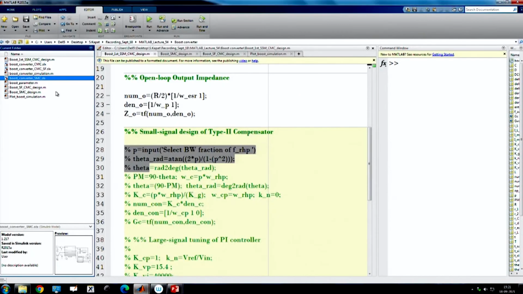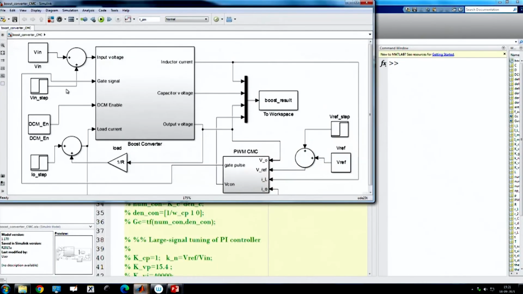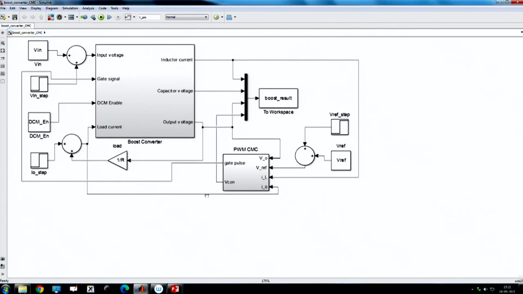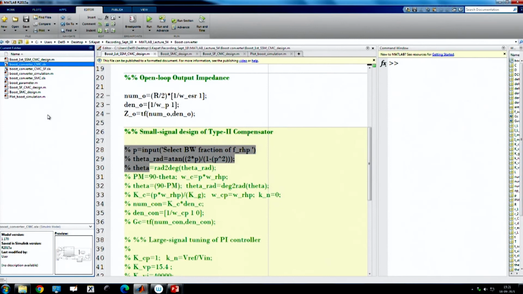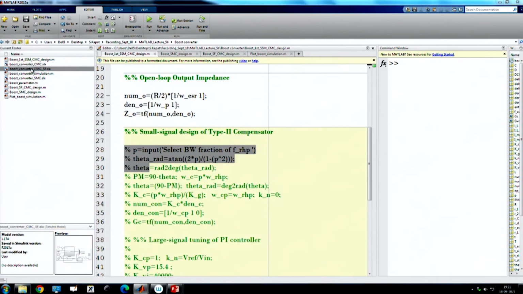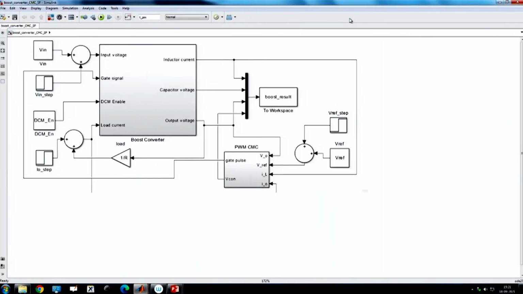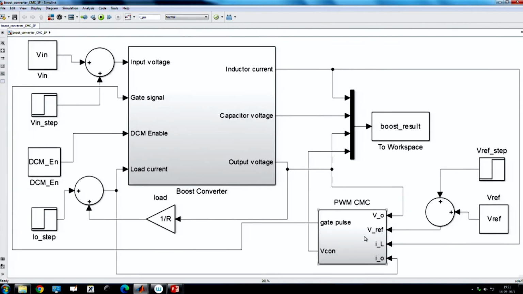And for the other one, the current mode control, it is also well known already. We have discussed multiple times where we have considered a load current feed forward, because we want to increase the bandwidth, and we discussed that for large signal tuning we can incorporate the load current feed forward. And in state feedback control, we are taking the inductor current state, output